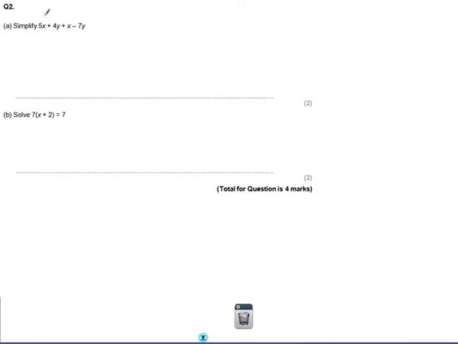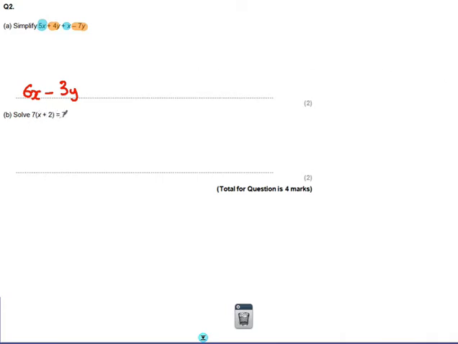Question 2, simplify 5x plus 4y plus x minus 7y. Here's our x's, 5x and the plus x. Here's our 4y and minus 7y. And 5x plus x makes 6x. And plus 4y minus 7y together make minus 3y. Okay,